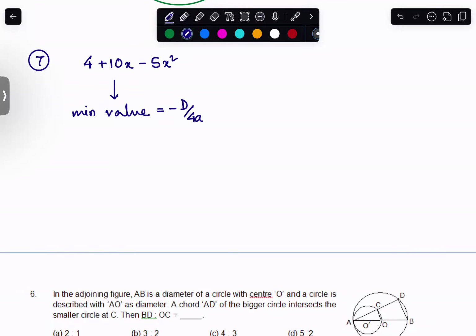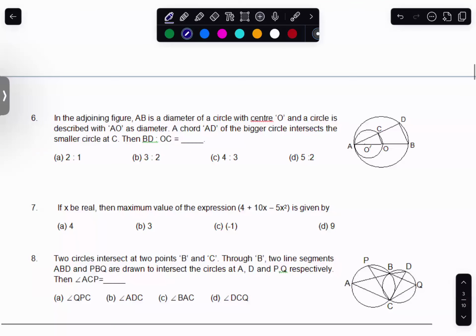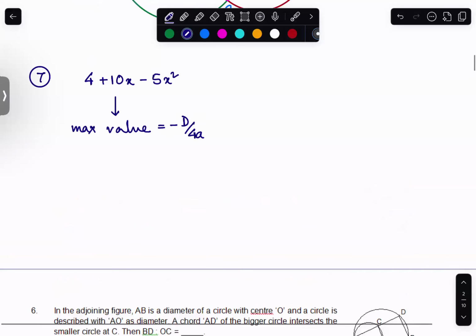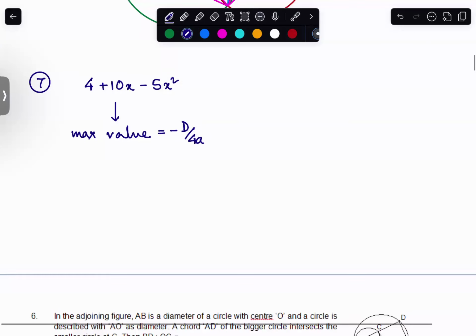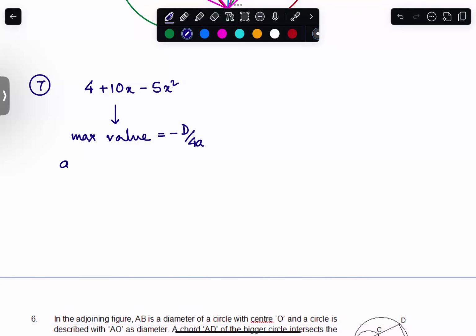Here a is minus 5, b is positive 10 and c is 4. So discriminant capital D will be b square minus 4ac